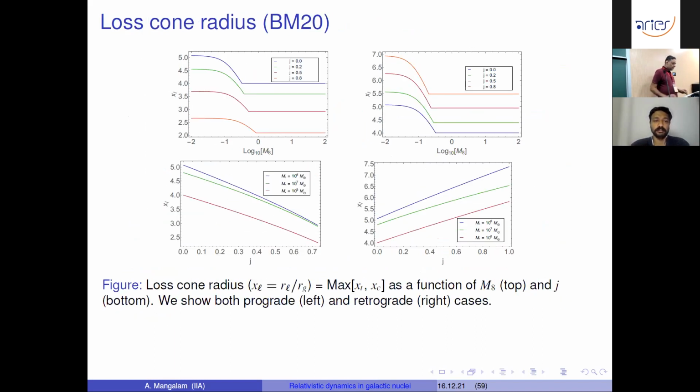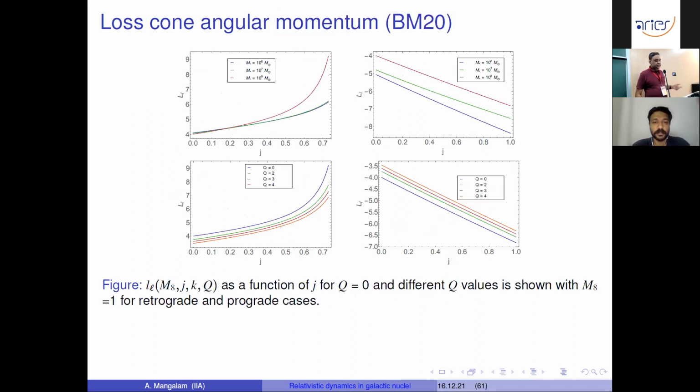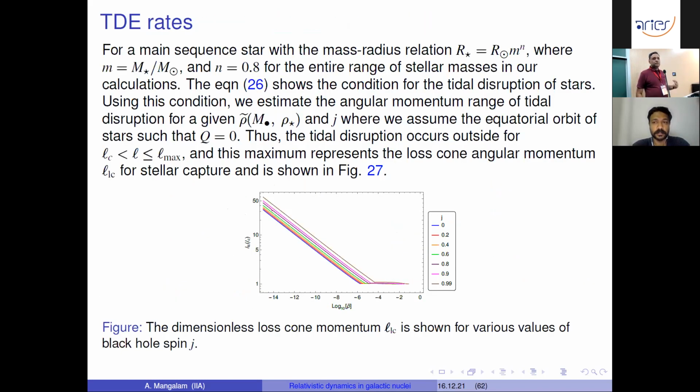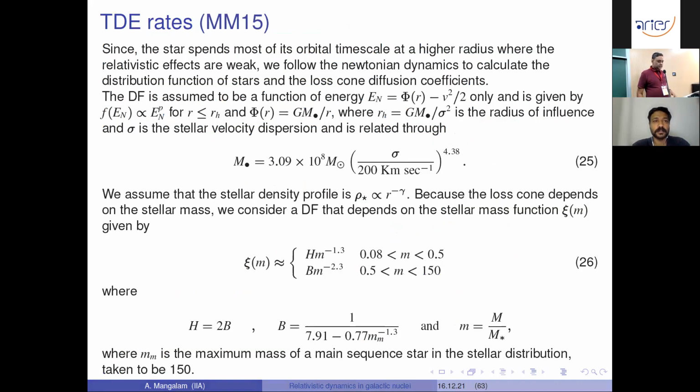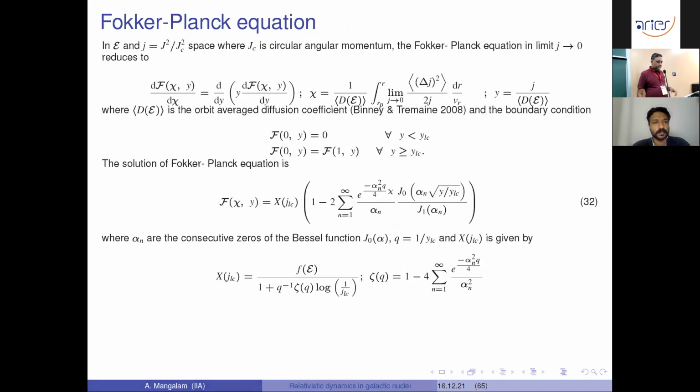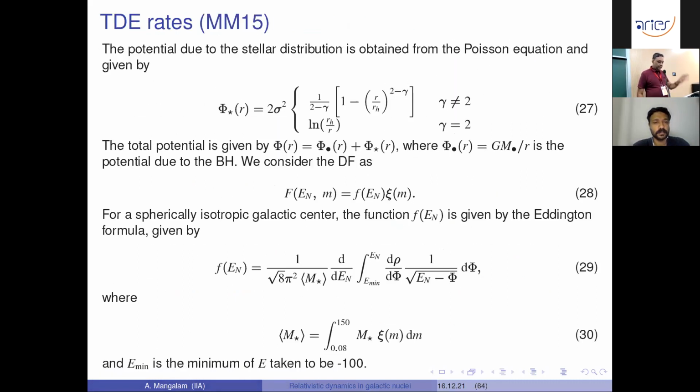And of course, the result of this tidal radius and the minimum angular momentum has a direct impact on the loss cone radius. Loss cone radius is a radius for capture of the star by black holes in its orbit. Okay. So you can calculate this, and this will of course have a dependence on the number of stars getting captured as a whole. And this is one of the results that we found, that if you do these calculations, put in the Fokker-Planck and calculate the diffusion of stars, and finally how many get through the loss cone and into the black hole,